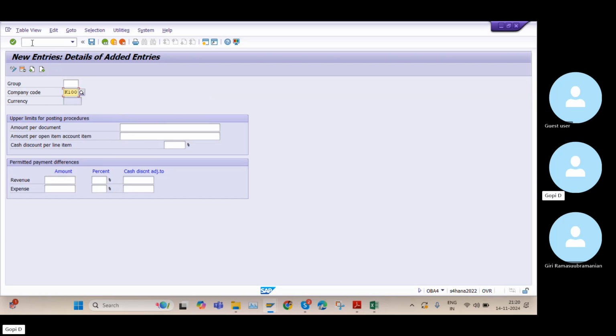So that's the reason I need to click on the new entries and maintain my company code. In this company code, I need to maintain some maximum transactions per document and some maximum transactions in open items. The very important point is, in a general way,